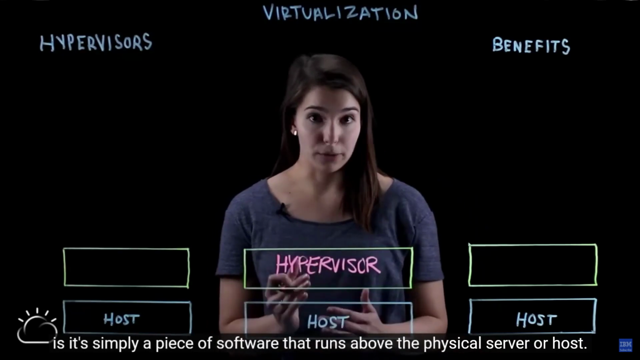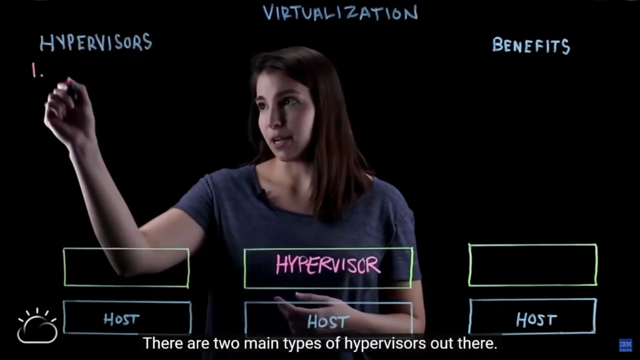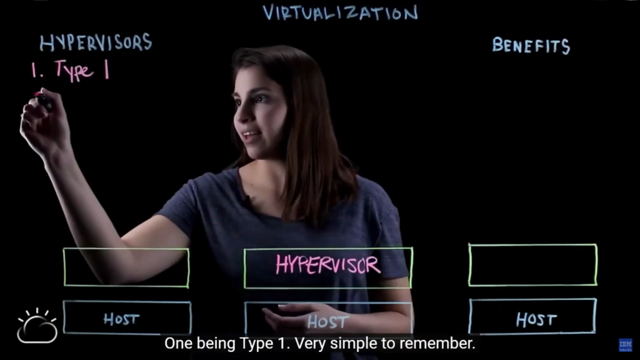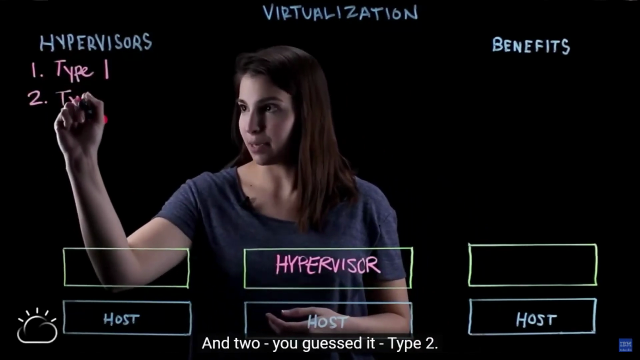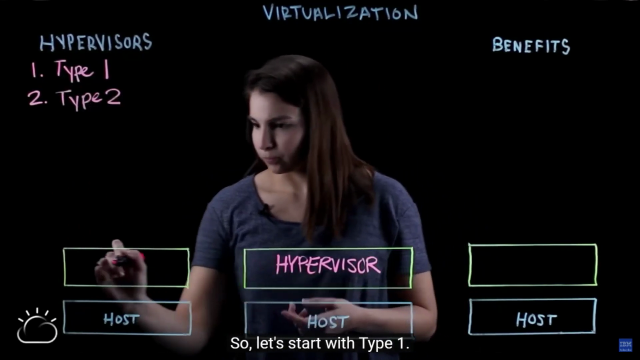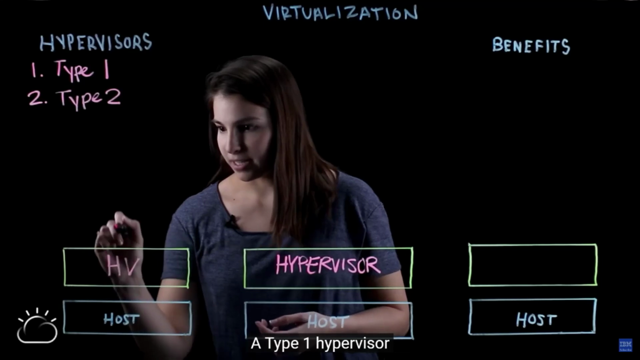And there are a couple different types of hypervisors out there. And what they do is essentially pull the resources from the physical server and allocate them to your virtual environments. There are 2 main types of hypervisors out there, one being type 1, very simple to remember, and 2, you guessed it, type 2. So let's start with type 1. A type 1 hypervisor